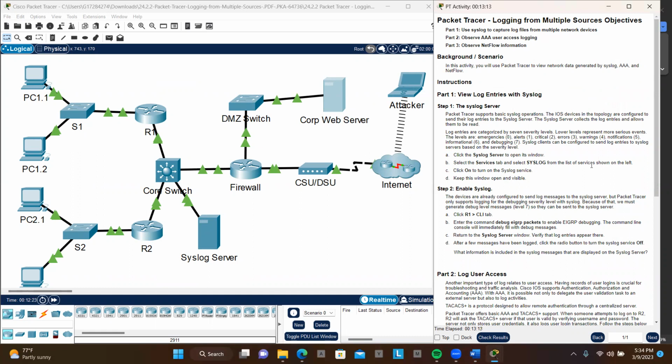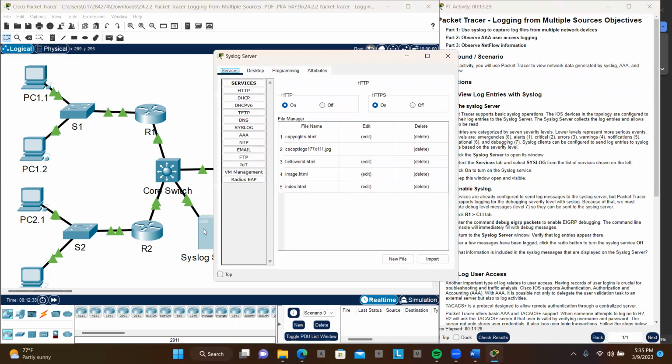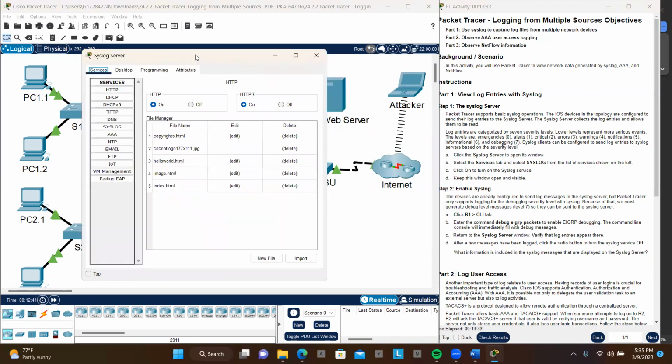First things first, it says view log entries with syslog. So it asks us to click the syslog server to open. Where's the syslog server? Right there. It says to click on this. Let's click the syslog server to open its window, and then go on